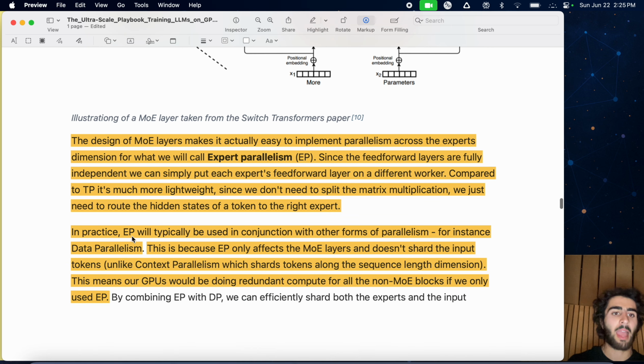In practice, expert parallelism typically is used in conjunction with other forms of parallelism, for instance, data parallelism. This is because expert parallelism only affects the Mixture of Expert layers, so as to say the feed-forward neural network, and does not shard the input tokens, such as in context parallelism, which shards tokens along the sequence length dimension. The same thing is the case for sequence parallelism, where we shard on the sequence length for the normalization and the post or pre-add residual connection. This means our GPUs would be doing redundant compute for all of the non-Mixture of Expert blocks if we only